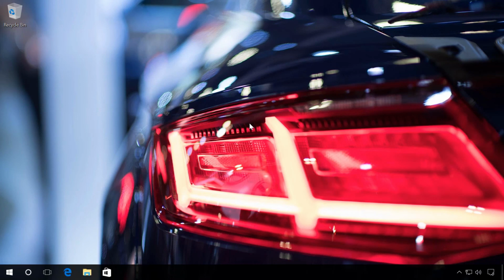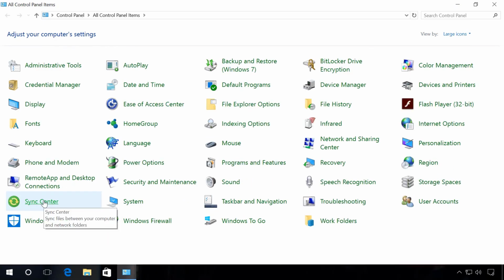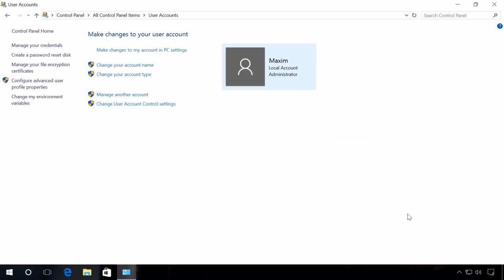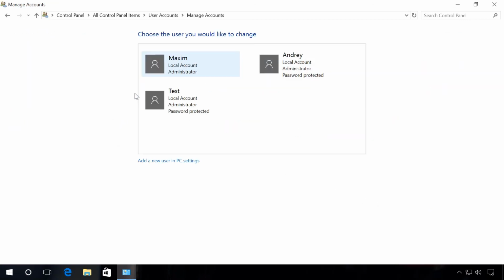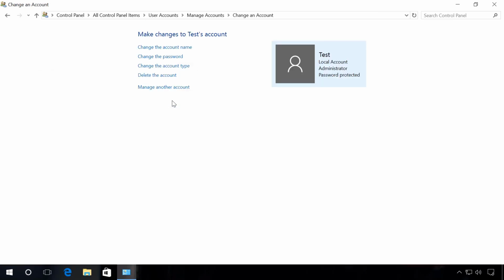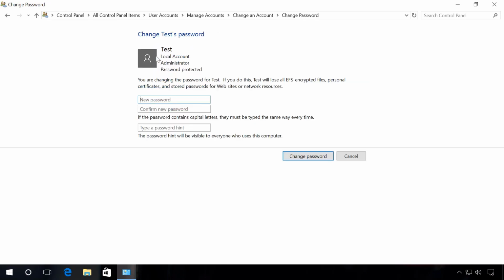If you have access to any user with administrator rights, you can reset passwords for all other users with administrator rights in Windows 10. To do it, log in as administrator, open Control Panel, User Accounts, Manage another account. Specify the account, the password to which should be modified, for example, test. Select the function Change Password, enter the necessary password, for example, test123, confirm the password,